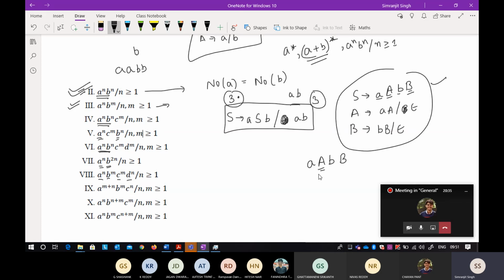Okay, so there is a little bit of change that I think is made by Fanindra only in the starting expression. What does Fanindra do? It just takes this A, B, and then B. Okay, so A followed by A star. I think that is the same expression here. A followed by A star, and then there is a B star followed by B. Okay, so it is one and the same thing. So at least one A and one B will be a part of this language. Okay, so both our expressions are correct.